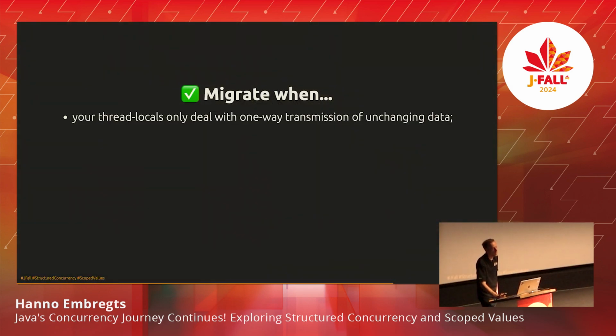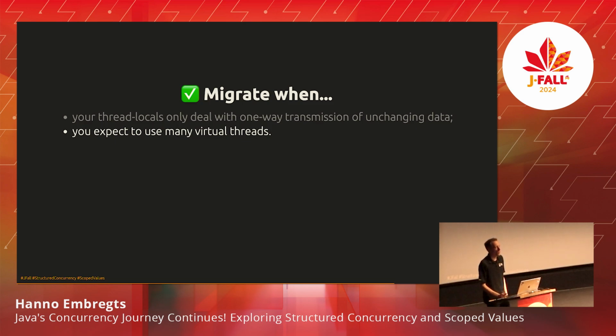You should migrate when you have thread locals that deal with one-way transmission of unchanging data. So that means your data is set once, it is not changed from outside, and you only use it to read from other places, right? Because so to summarize, you use it in an immutable way. Well, then scoped values are a very good solution. And of course, if you expect to use many virtual threads because the risks are amplified with more threads,